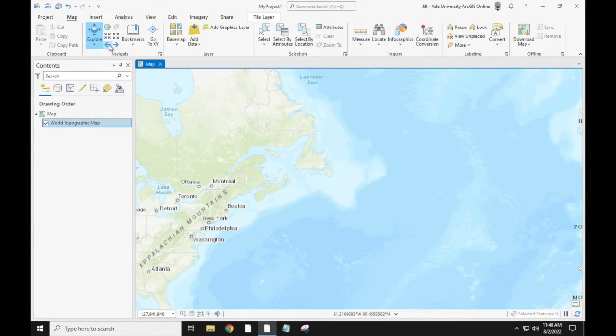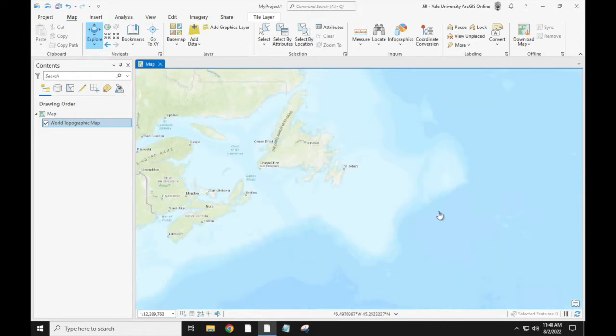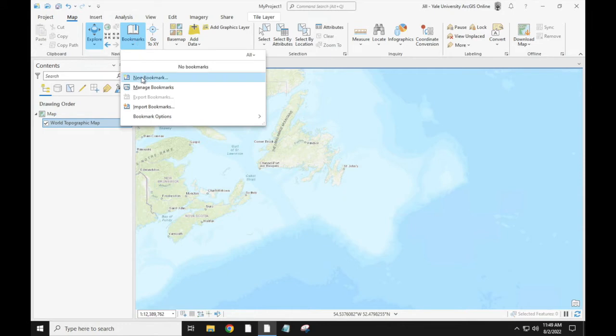If there's a view that you like, that you need, suppose you were doing some work on the North Atlantic, that was your study area. In fact, I'll even hold down the Shift key and drag a box, and I'll come even closer into a region of the North Atlantic, the Gulf of St. Lawrence. Well, if I needed this view and I was going to use it a lot, I could bookmark it. So you can add a new bookmark,